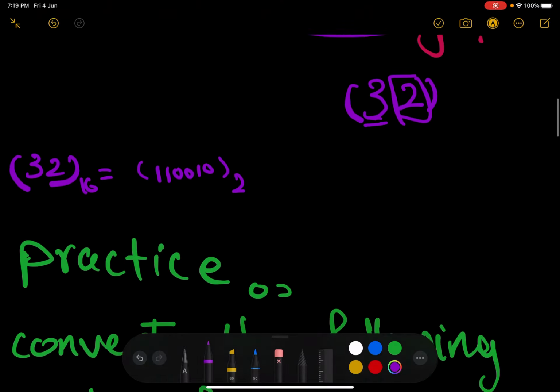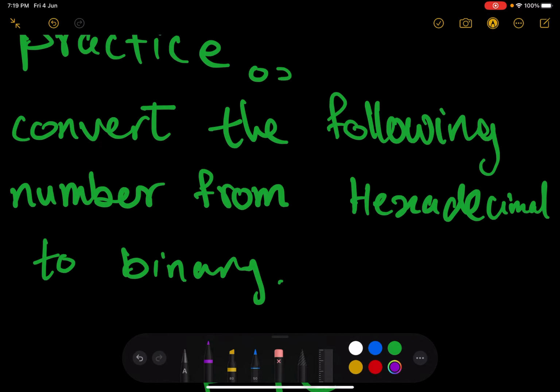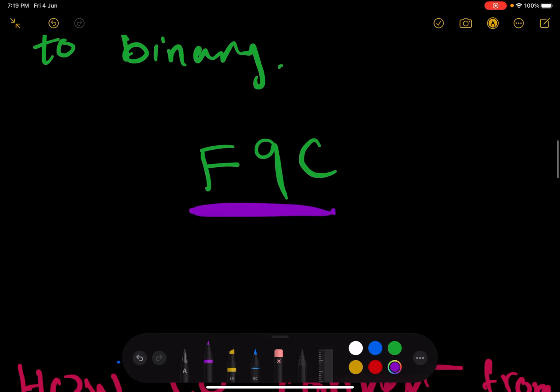Now let's move on to the practice question. Convert the following number from hexadecimal to binary. We have this number, and we need to convert it from hexadecimal to binary. We will do the same as we did in the previous example. We'll take C, but first of all, we can't just convert C because you don't know what C means. So you need to convert it to decimal, because